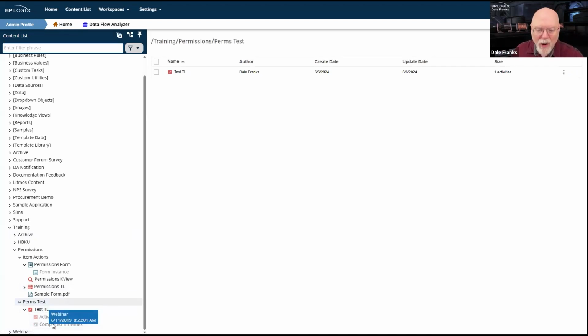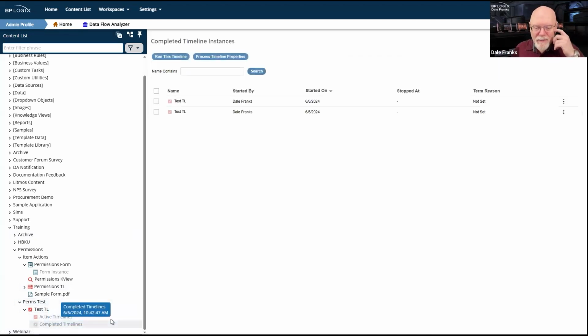But we have all these completed timelines that do appear to exist as children of this timeline definition. And that is true. The completed and active timelines are technically child items. I'm not going to say objects because that's going to get confusing syntactically.